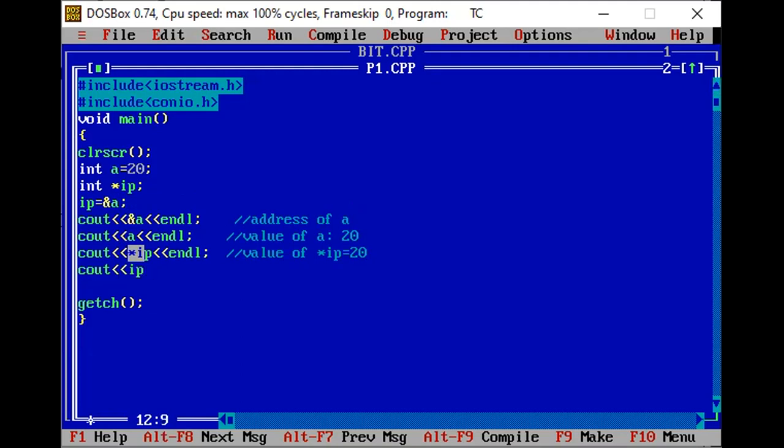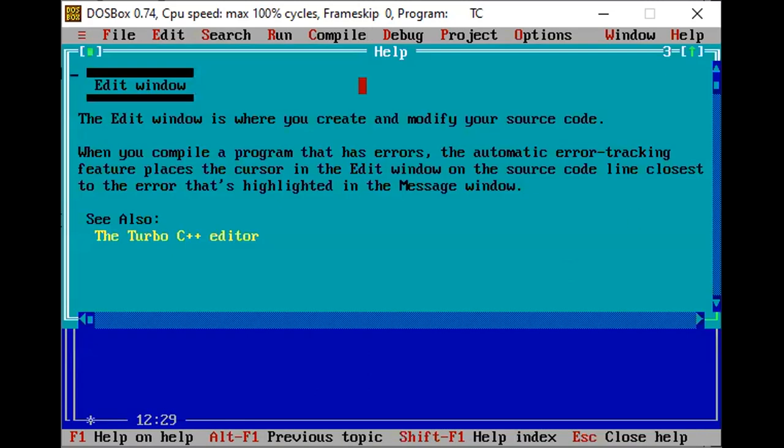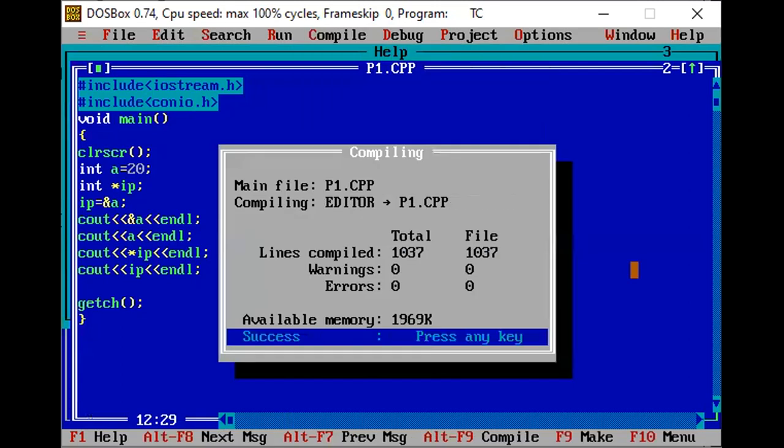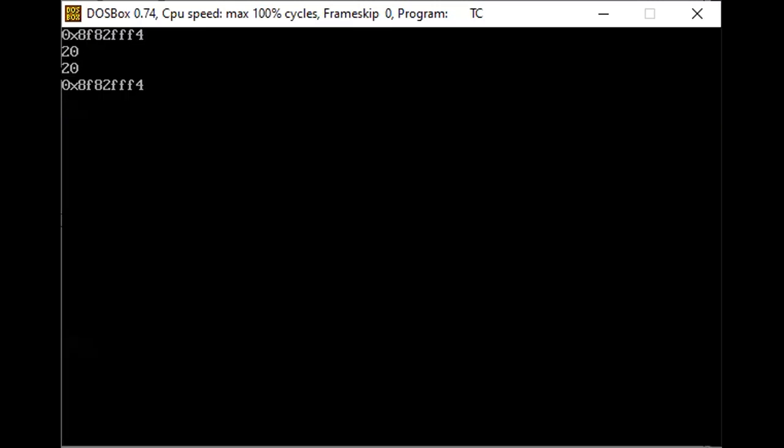IP here. Let's run our program till here. Here I will get the value of the memory location again. I will write the address here. Okay. Let's find out what will be the result here. If I run this,